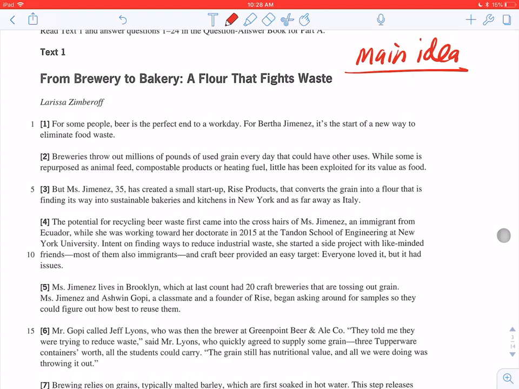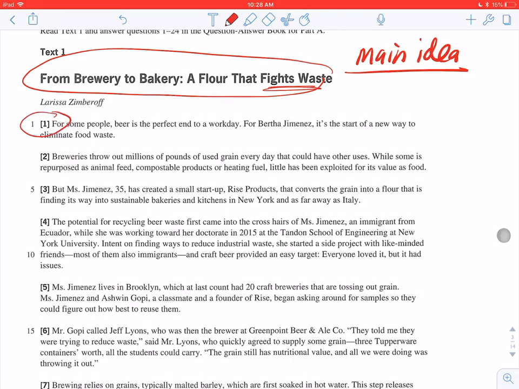Now, the first feature that you are looking for, of course, is the title. Here you see, "From brewery to bakery, a flour that fights waste." It is quite clear that it's something related to the wine industry and the bread making industry, and something related to waste treatment. After we have made sense of this title, we move on to the first paragraph and